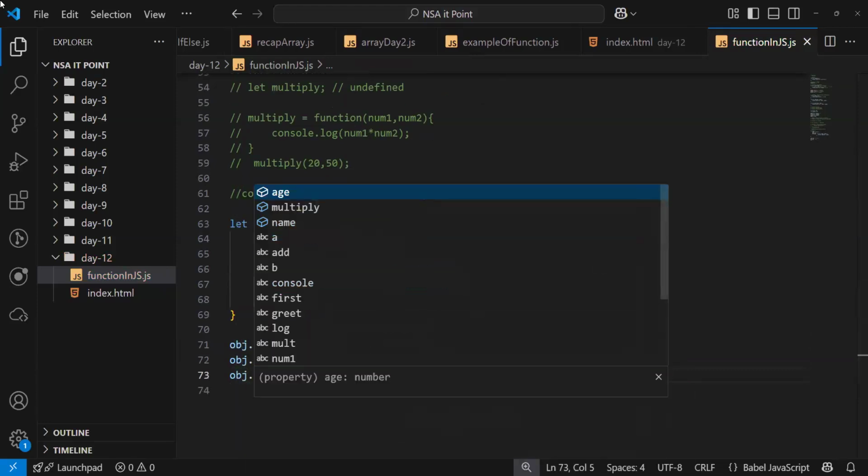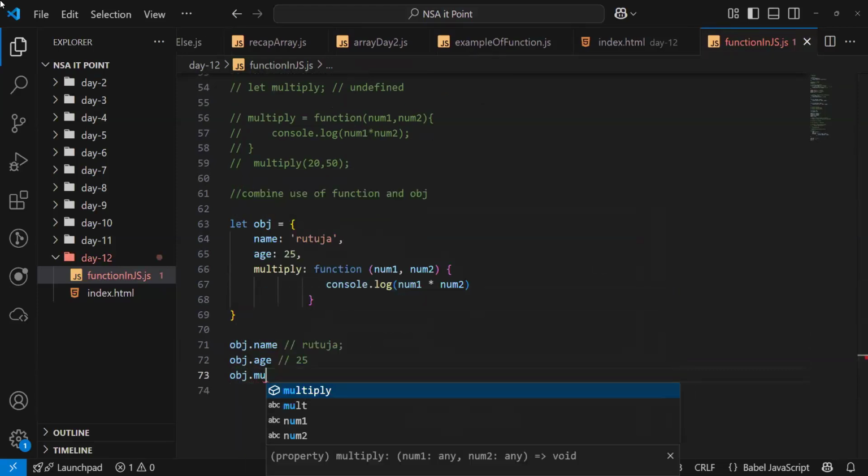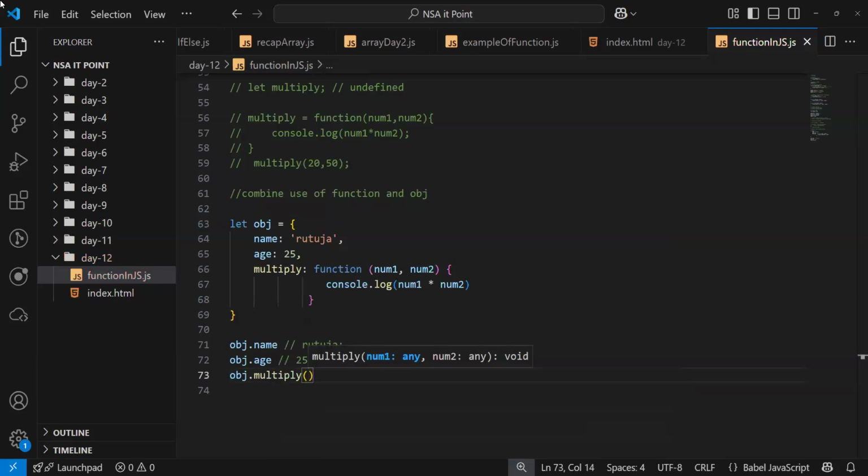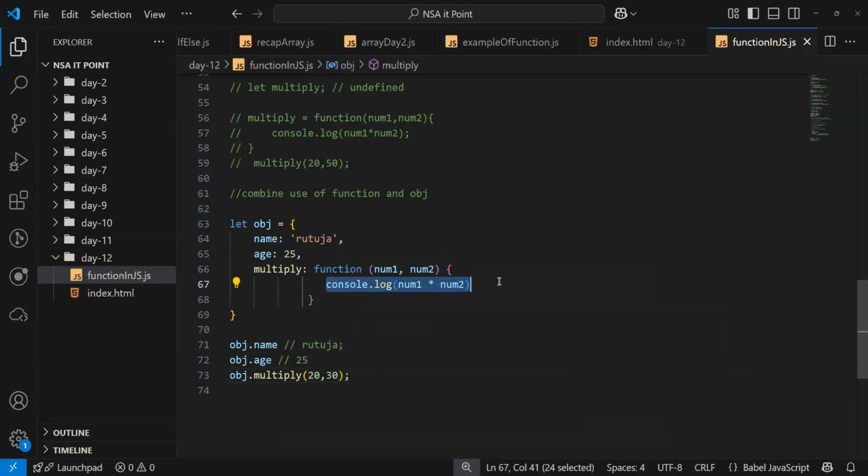Similarly obj dot multiply with opening and closing brackets, because it's a function, and inside this I pass 20 and 30. It looks similar in format to console.